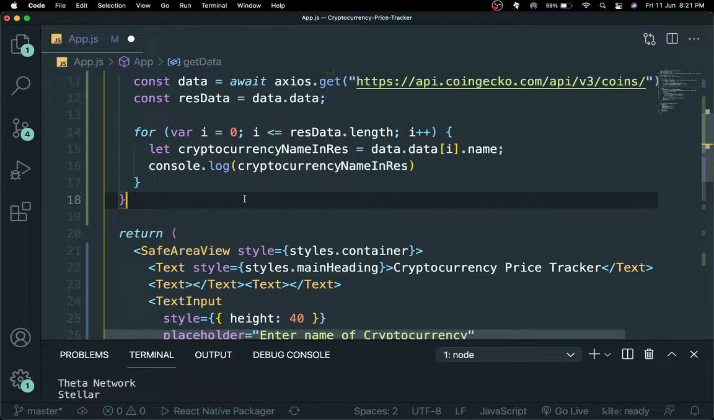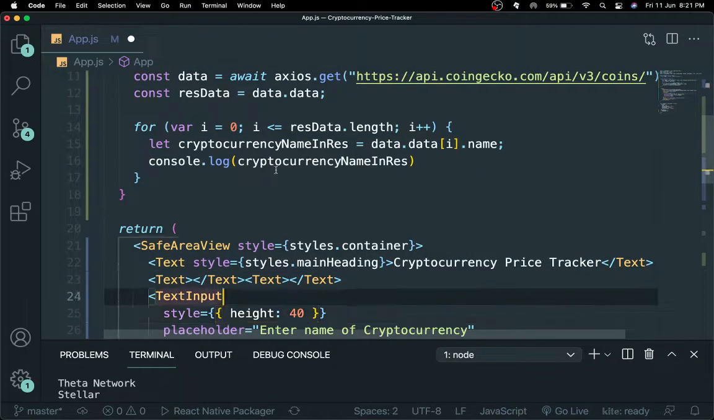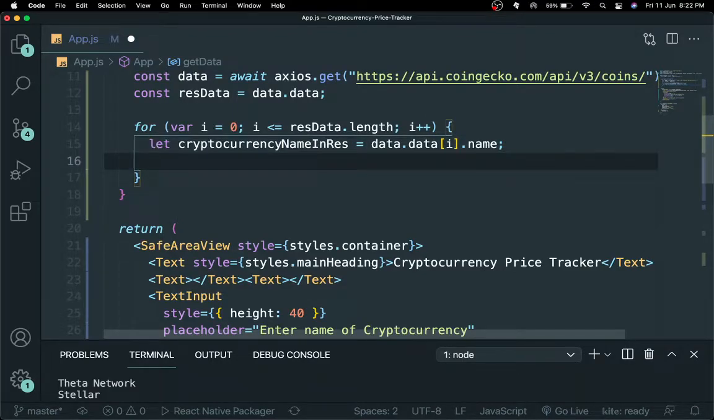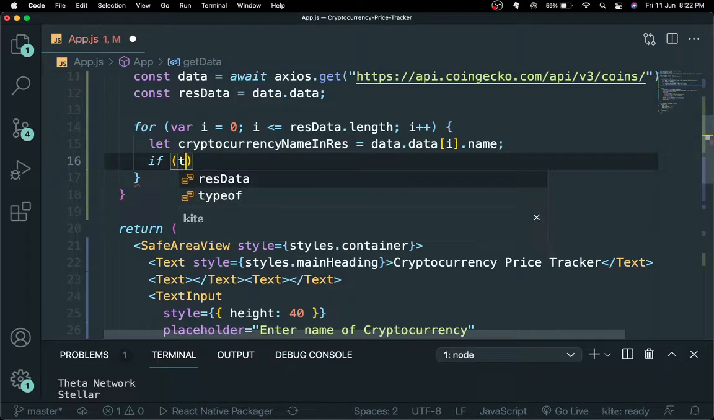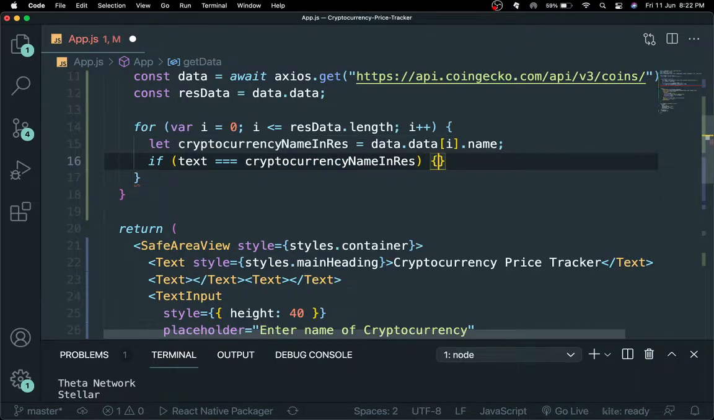So in this case, what we will do is turn the entire cryptocurrency name in res to lowercase. So even if the person enters it in lowercase, it will still be able to detect it. And we will also be changing the text into lowercase. I think you will understand what I mean by that. So here we have let cryptocurrency name equals res data dot name. Now, for now I'm not going to do that, but say if text is triple equals to cryptocurrency name in res, this variable name, then all I will say is console